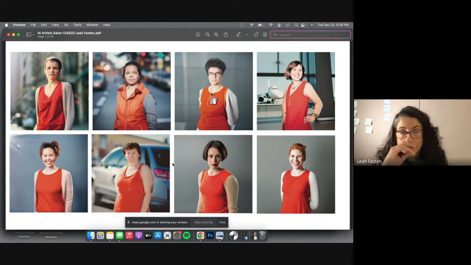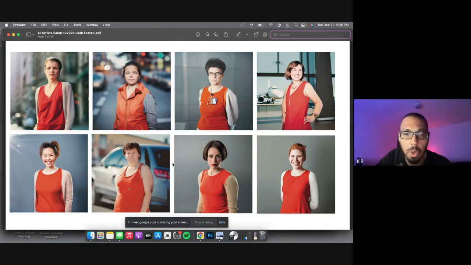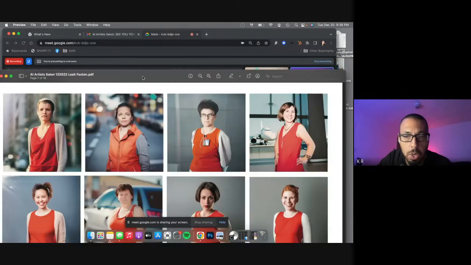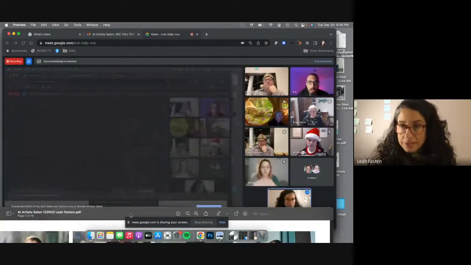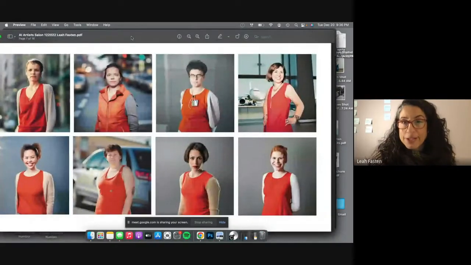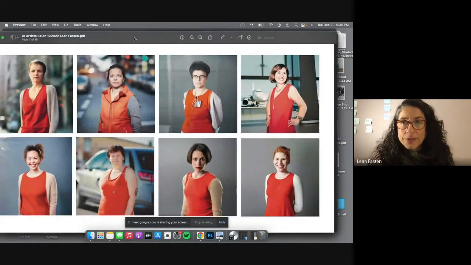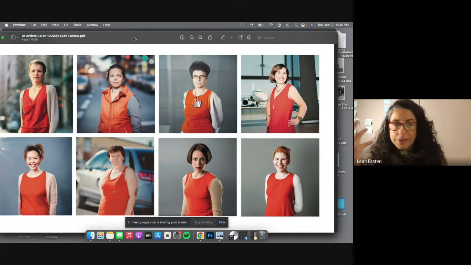But I'm sorry, I'm a little confused. Okay, these sure are images that you created with the one image you just showed us, the original image? That's right. Okay, gotcha. So I uploaded that image into Dream Studio and generated a lot more, but these were 8 of the ones that I felt like were